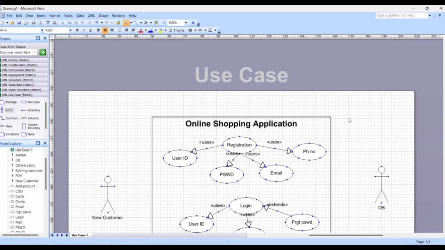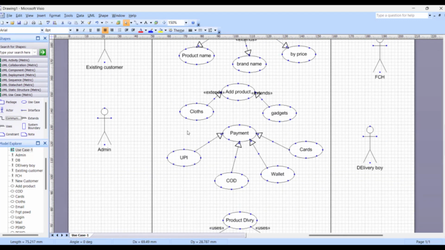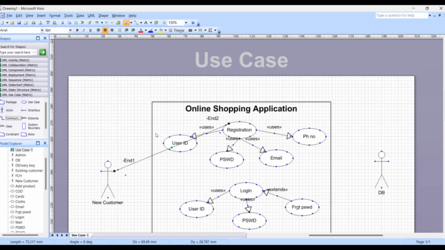Now we can take the communication lines for whichever actor has access to which features. For that we can take the communication line here. You need to take the communication line from the hand only, not from the head or the legs. So this new customer will have access to all the features: registration, login, search, payment, and the product delivery, right? So for that I'm taking the